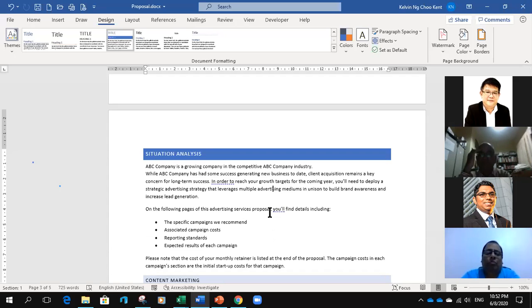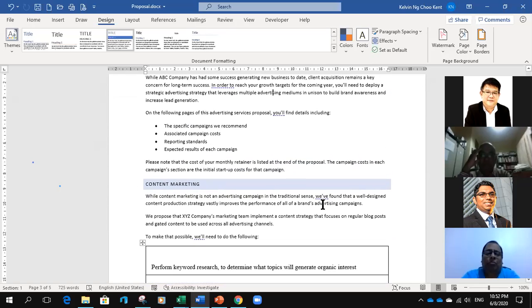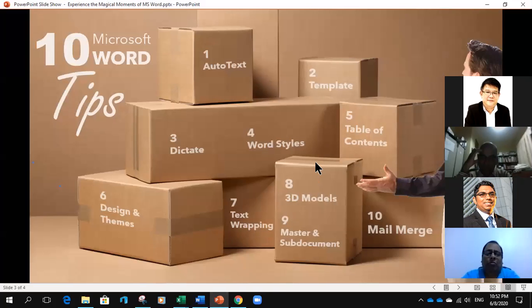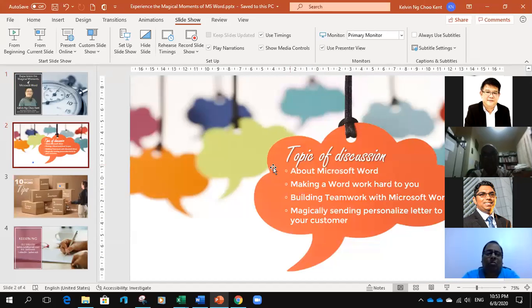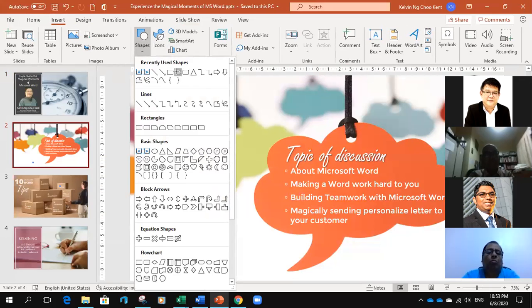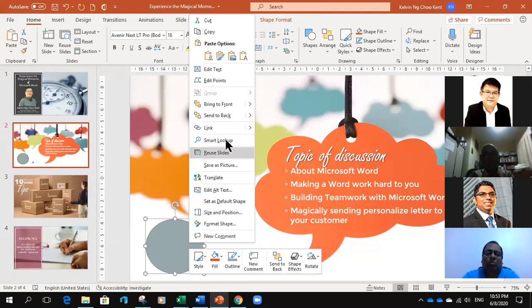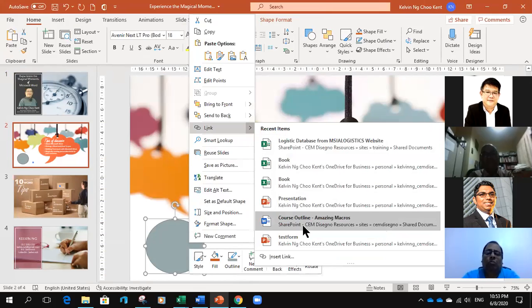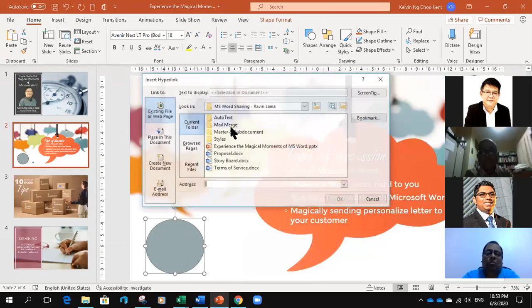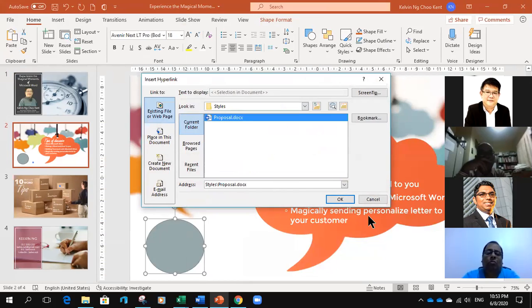No, in a PowerPoint presentation, you can't present the data like this, but what you can do is you can hyperlink it. For example, from this particular slide, I would like to create a shape maybe. So I'll just put a circle here. I can create a hyperlink. So what I'm going to do is I'm going to link it to the document. You just link. It's inside the source, this document, right?